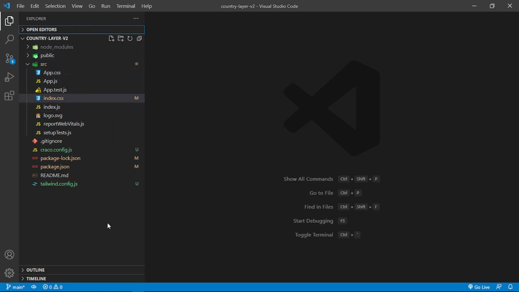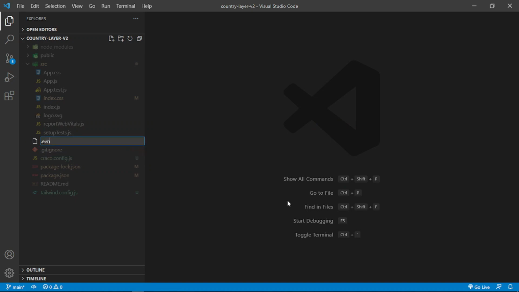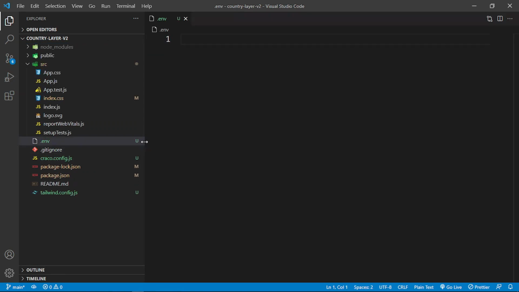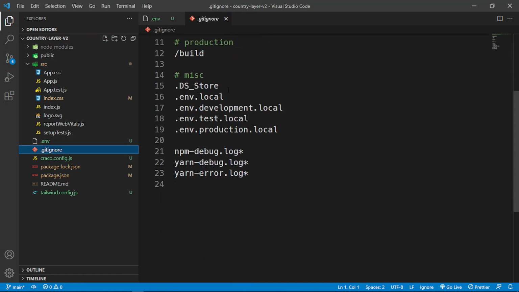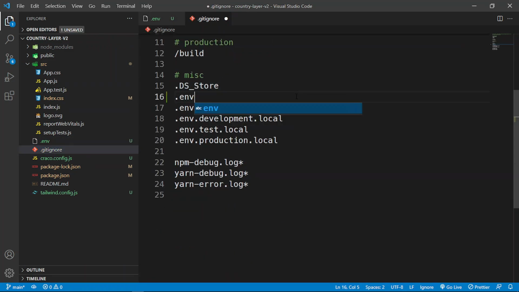And then what I want to do is, in my workspace, I want to create a .env file, okay, .env, because we are going to be working with API keys, and it's not a good idea to commit your API keys to GitHub. And then once we create this .env file, I want to go inside .gitignore, and right above this, I want to ignore the .env file as well, so that we don't commit it to GitHub and expose